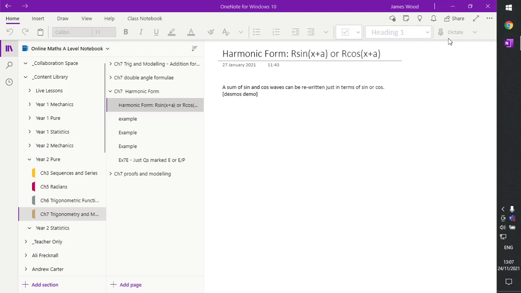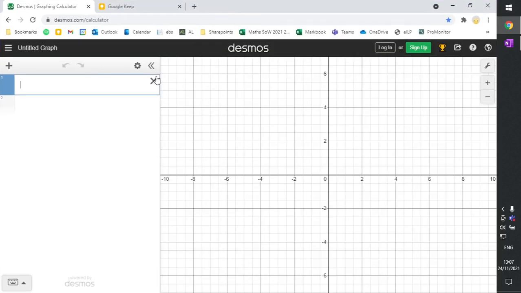In this lesson, we're going to have a look at something called harmonic form. Now, harmonic form is basically a way of rewriting a sum of two different trig waves. So what I mean by that, if we've got a graph like this, if we just start with something like